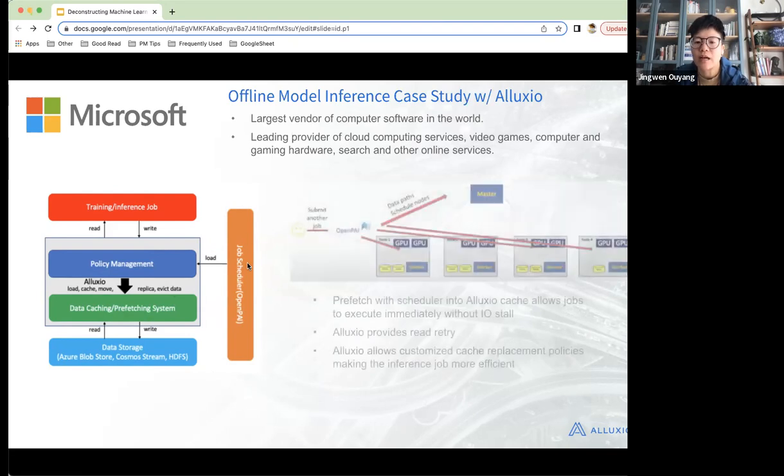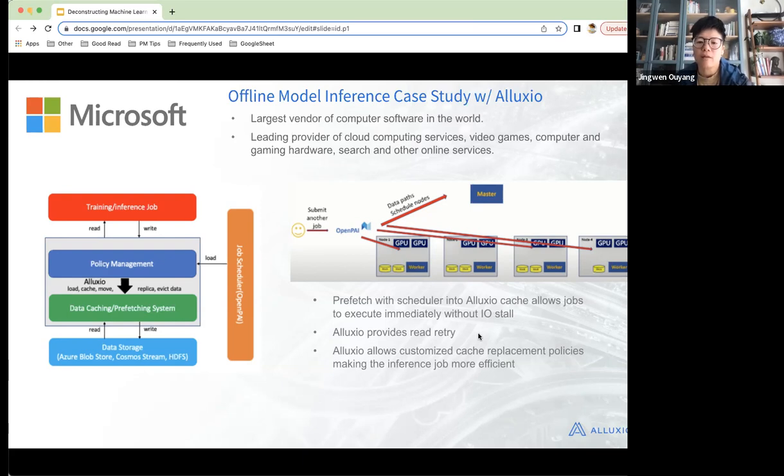What it does is that when there is an inference job, the scheduler knows to prefetch data into different compute pods. And then this prefetch with a scheduler into the Alluxio cache allows the job to execute immediately without the IO stall that we mentioned before. And then we provide read retry also.